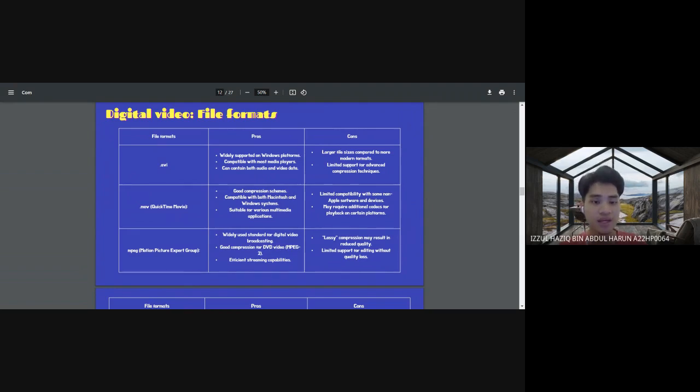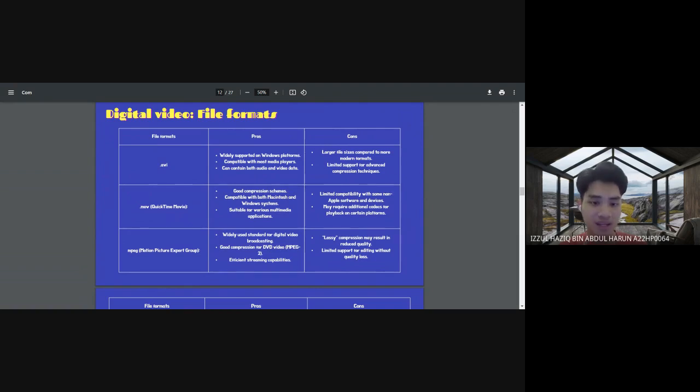Like some of them being AVI. Here I will explain the difference between all these files as well as the pros and cons of each of them, and I will make it as simple and straightforward as possible. First of all, the AVI file is compatible with most media players. But the problem with AVI is that it's larger and has limited support for advanced compression techniques. What does it mean? It is unable to compress the video that well, so you are dealing with a file with huge storage. So when it comes to editing or storing it, it will be difficult